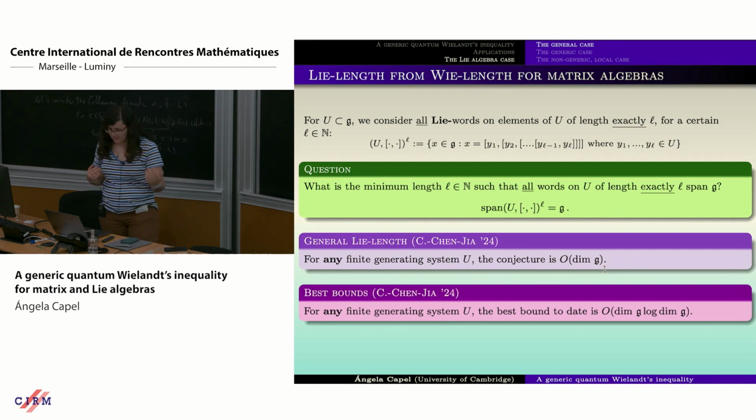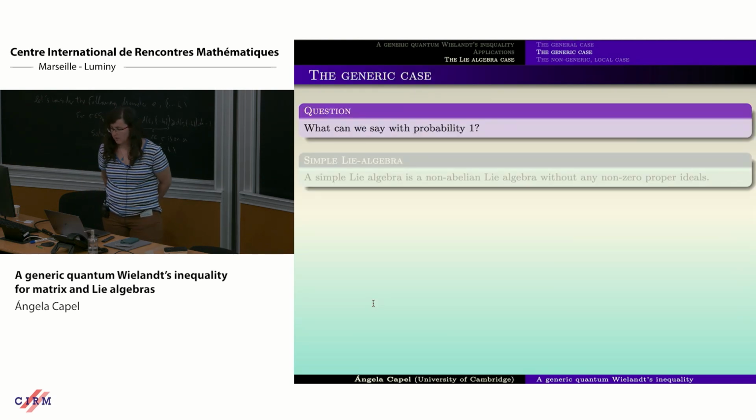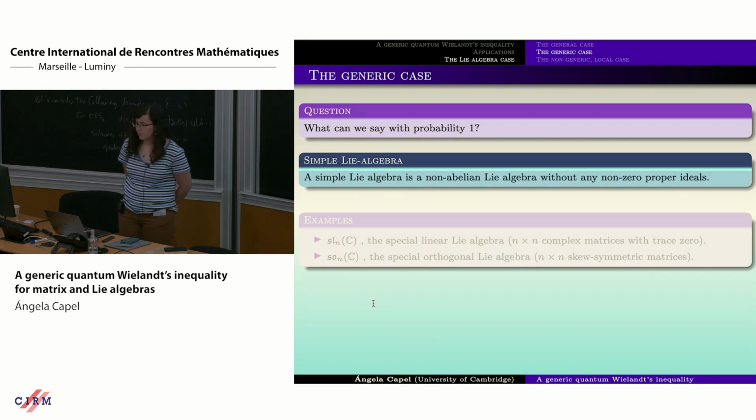So this is why, even though we can prove these best bounds here, we are not super happy, because we are always increasing the number of elements in the generating system, and we are still trying to improve this kind of results. However, this is again for the worst case scenario, because this is for the general bounds. But again, in this work, we were interested in the generic case. So what happens almost surely.